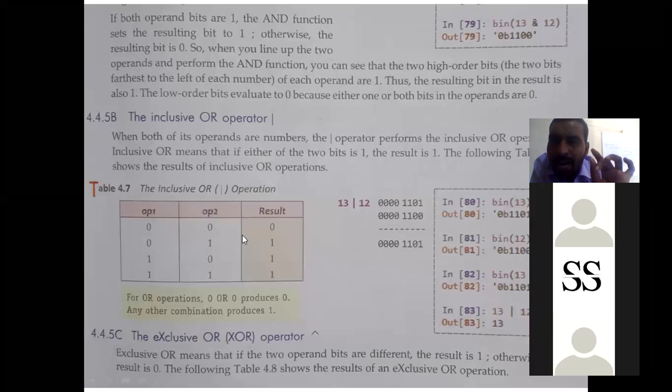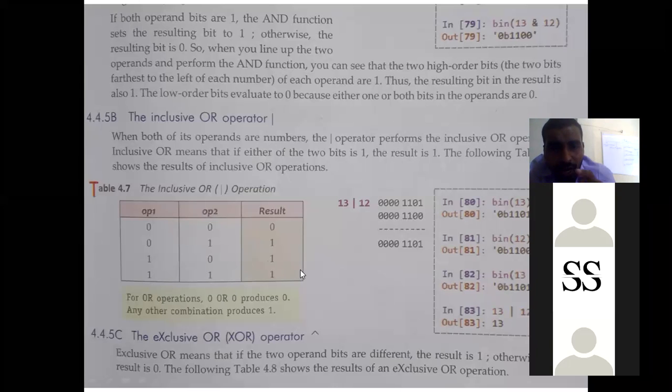There is a minor difference between OR and XOR. Otherwise both are the same. What is the difference? In the OR operator, we have 0 and 1 as 1, 1 and 0 as 1, 1 and 1 also as 1.